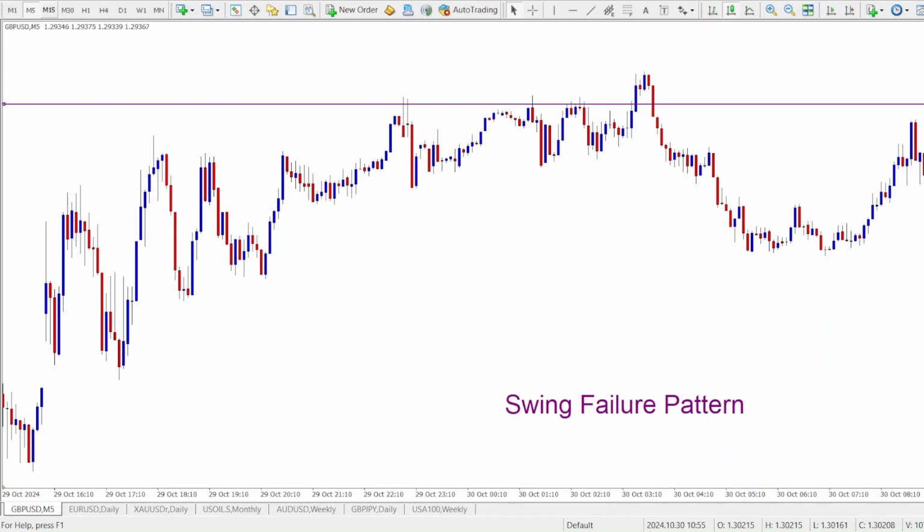After spotting the swing failure, look for a strong reversal candle in the opposite direction of the breakout attempt. This reversal candle can act as your entry signal for a bearish SFP where price fails to break a high. You might enter short when the reversal candle closes. Conversely, for a bullish SFP where price fails to break a low. This example we have here was price failing to break a high. After the breakout attempt, which was a fake out, we eventually had price dropping back below